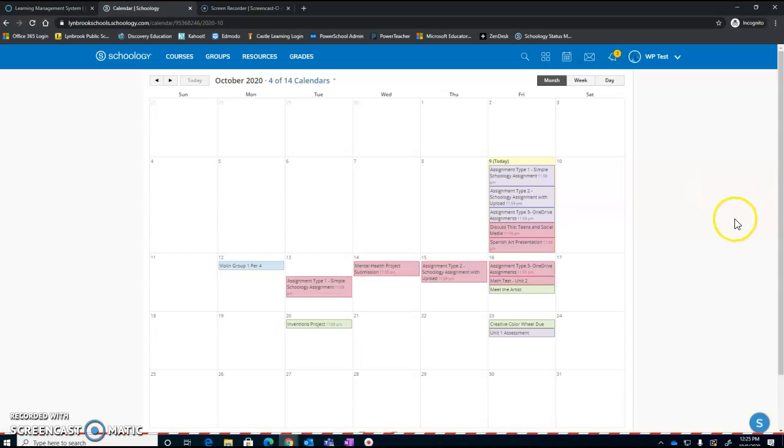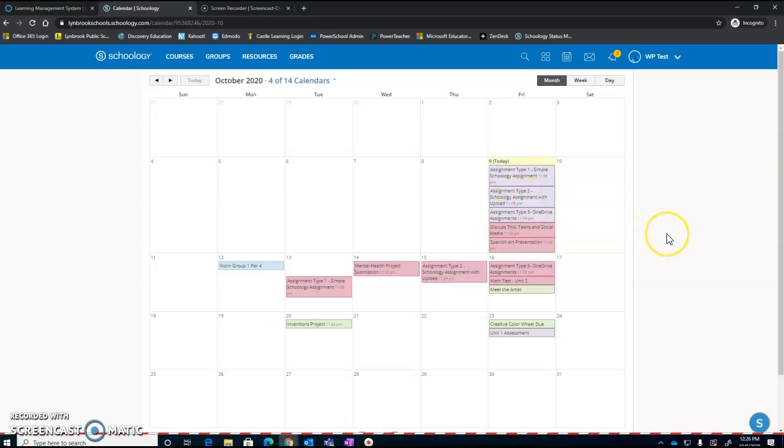So when you click on the calendar view, it's going to bring you to your calendar overview here. And right now I have this displayed by the month. You're going to see that in my calendar, I can hover over each of these different entries, and it's going to show me the name of the course that the assignment might be a part of. So for instance, here I'm hovering over and I see Miss Kelly's English 10 class has an assignment due. And down here, I can hover over this assignment and see that Miss Kelly's 4th grade class also has an assignment due. You're going to see that these are also color-coded,